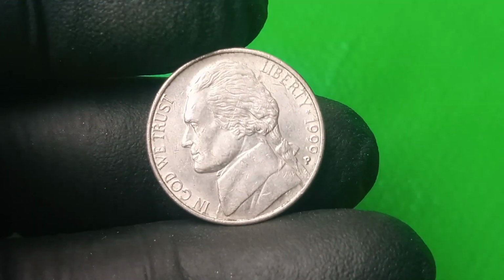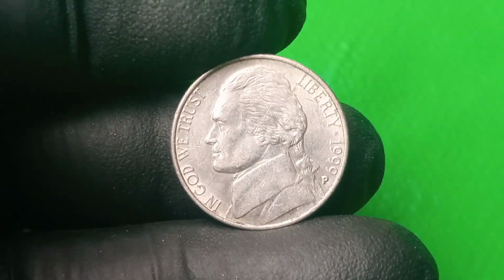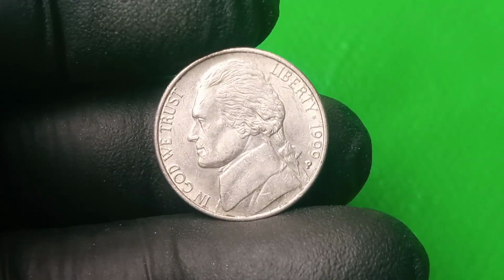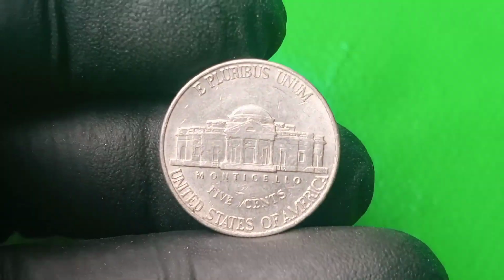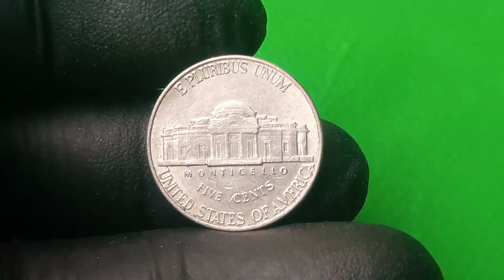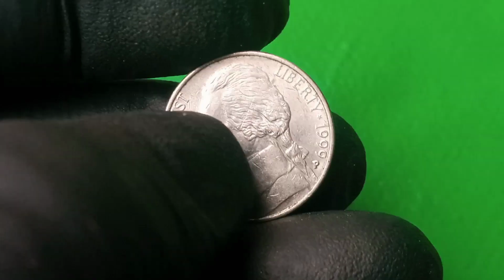Welcome to the channel, where today we dive headfirst into one of the most confounding and obsessively studied mysteries in American numismatics, the 1999 P Jefferson nickel, a coin whose seemingly mundane surface belies a whirlwind of controversy, hidden anomalies, and unanswered questions that have haunted collectors and experts for over 2 decades, because what if a small mistake, barely